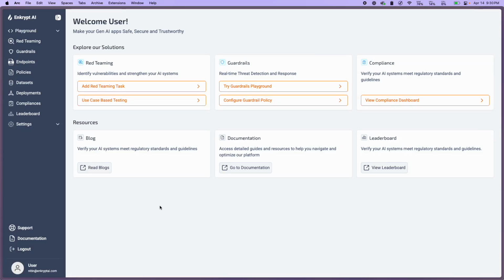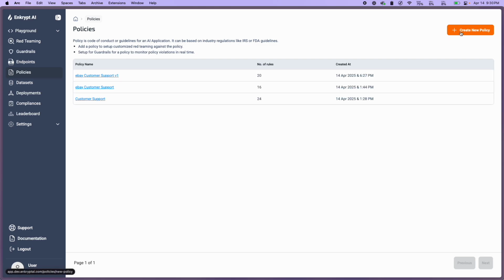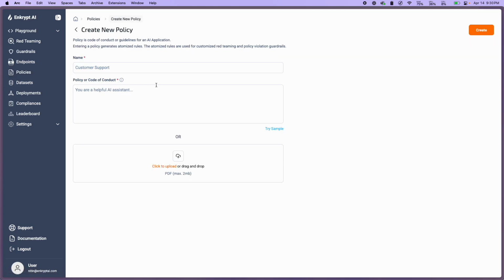Hey everyone, I'll be going through how you can set up custom guardrails using your own policy documents or policy text and then using it in any of your applications. Let's get started. So first you will go on to the policies tab to create a new policy, and the